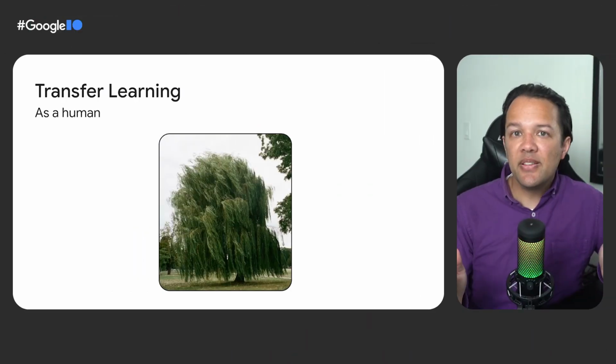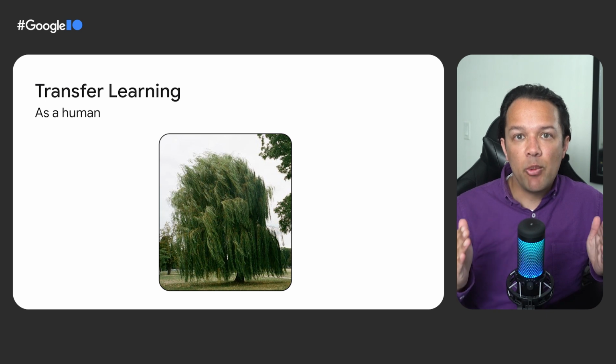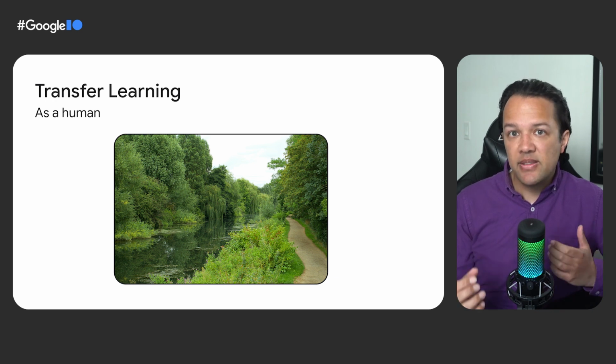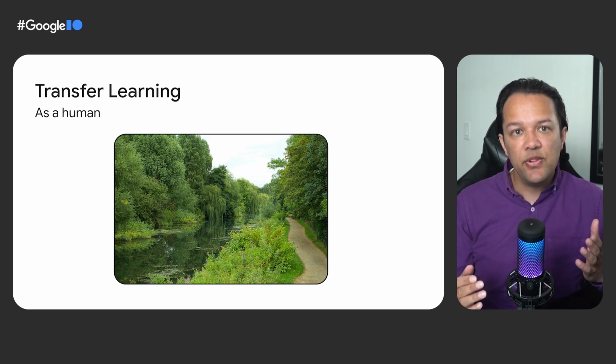In its essence, transfer learning is all about taking the knowledge that has already been learnt to help learn a different but similar thing. And if you think about it, we as humans do this all the time. You have a lifetime of experiences contained in your brain that you can use to help recognize things you've never seen before. Take this willow tree for example. Depending where you are in the world, there's a chance you may have not seen this type of tree before. Yet, if I ask you to now tell me if there are any willow trees in this image, you can probably spot them pretty fast, even though they're at a different angle and slightly different to the one I originally showed you.